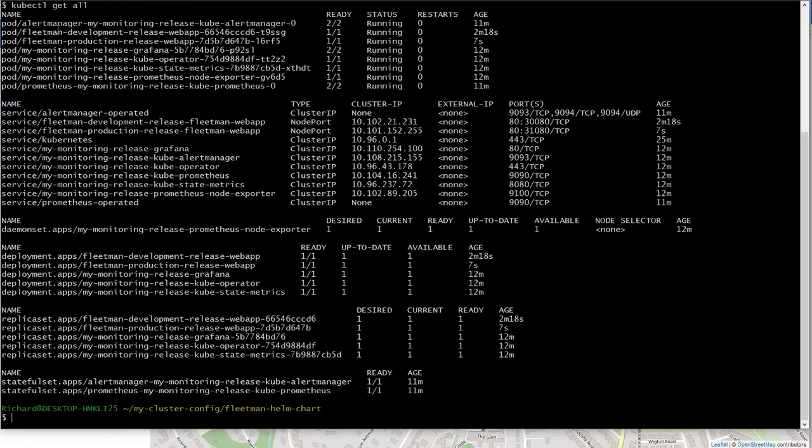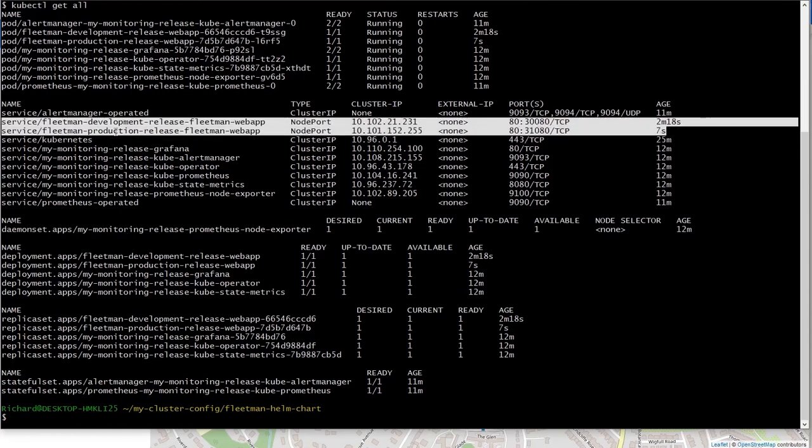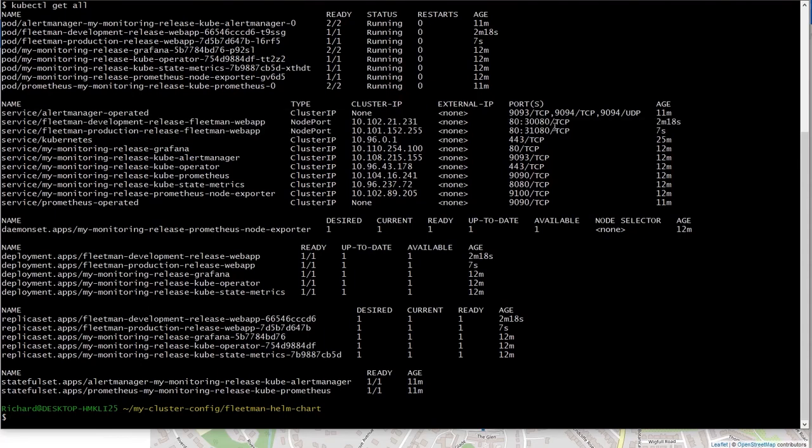We've got a pod for the development release, a pod for the production release, and they've got different names. Most importantly, though, are the services. I mean, the pods would get different names anyway, but the services, because we've got these prefixes on, there's one service for development on 30,080 and one service for production on 31,080, which could be really useful for your projects.